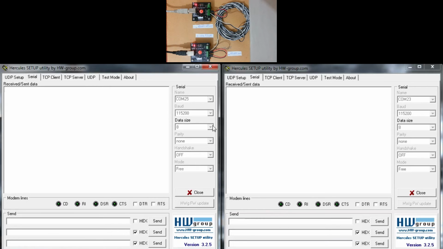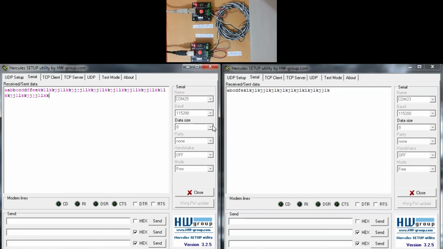So I press keys, but notice that RX and TX LEDs of this board glow at the same time, because there is a loopback connection here, and we are listening to what we are transmitting.